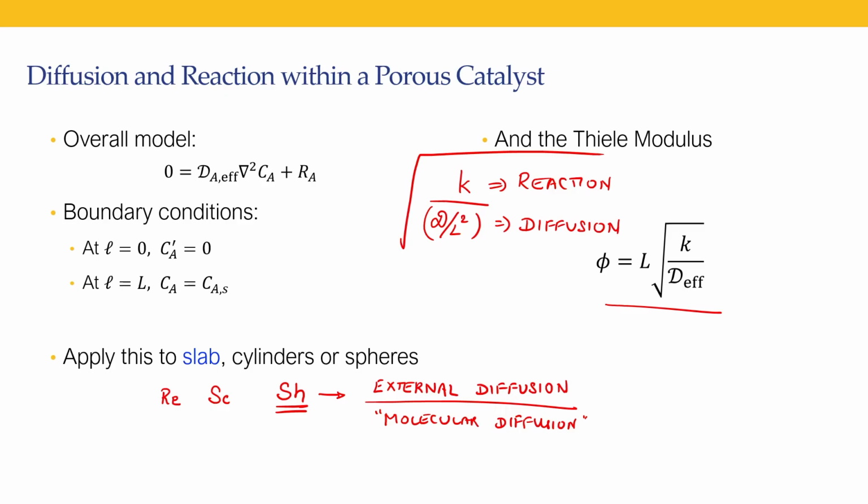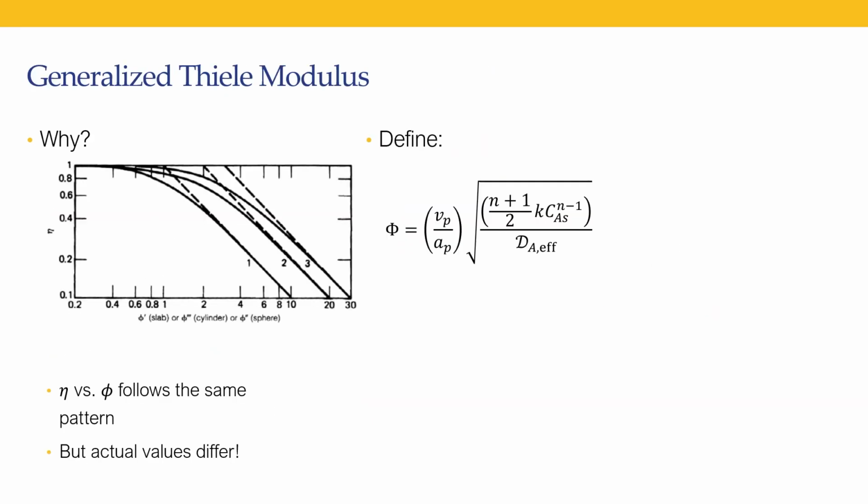In a way, it's good that it is called a modulus because it's not just the ratio, it's a ratio under a square root. It's a square root of the ratio. So it's not a by b, it's square root of a by b. So Thiele modulus in that context may not be such a wrong term to use. Okay, so that's what this is about. Thiele modulus is the ratio of reaction term to diffusion term. So Thiele modulus is essentially